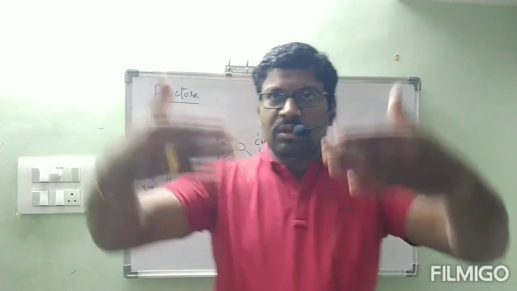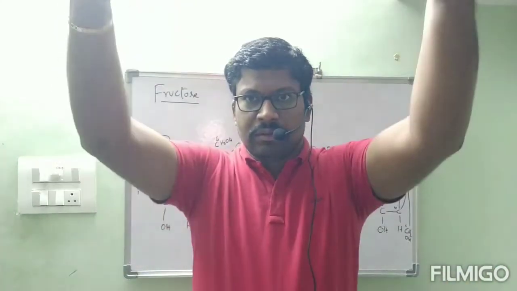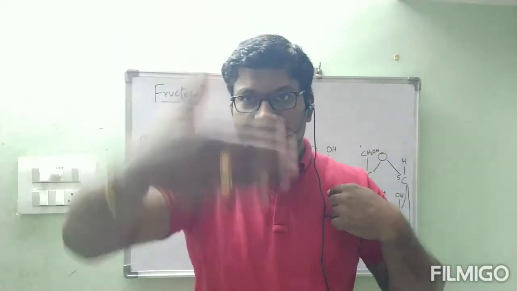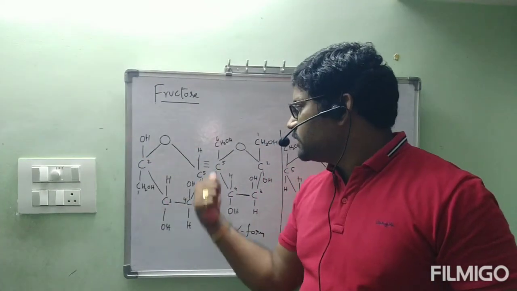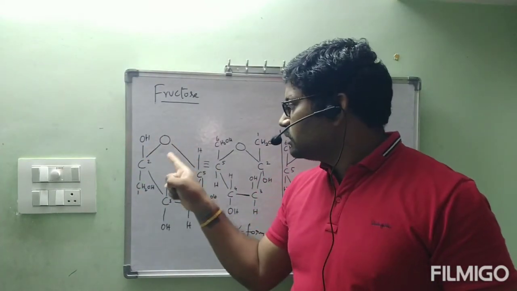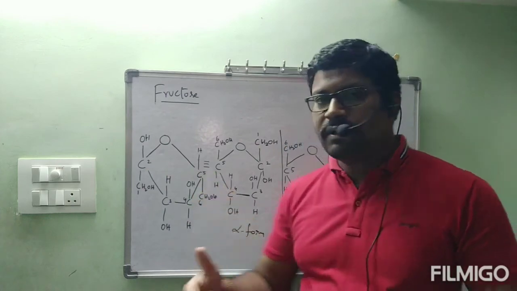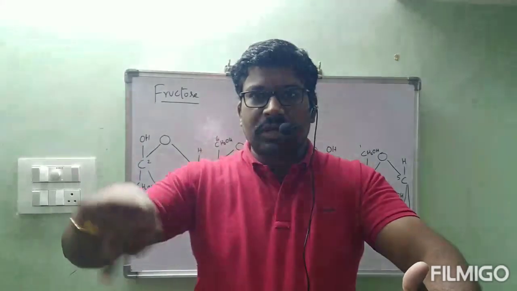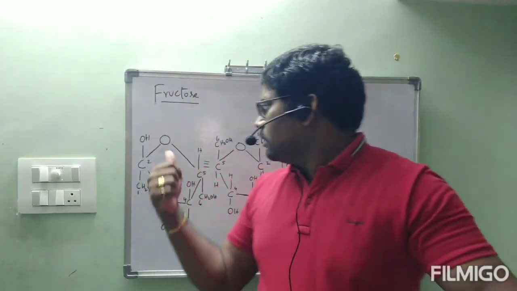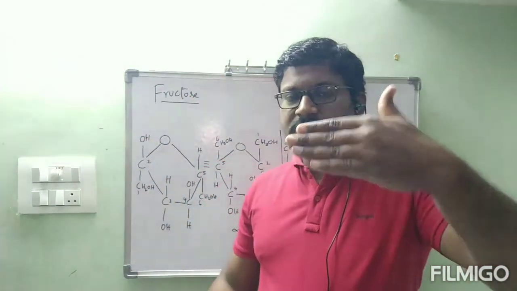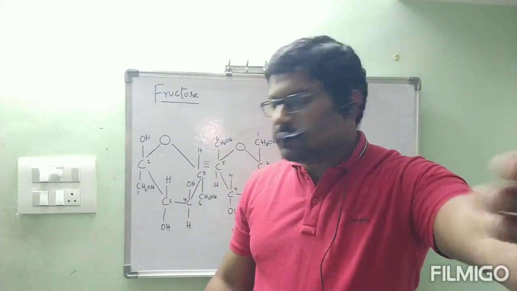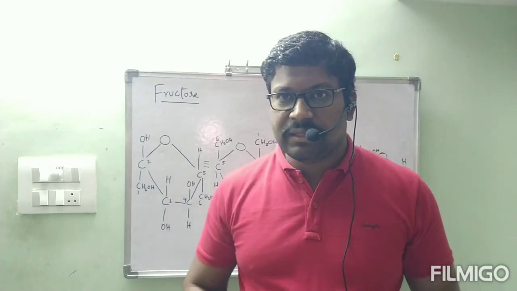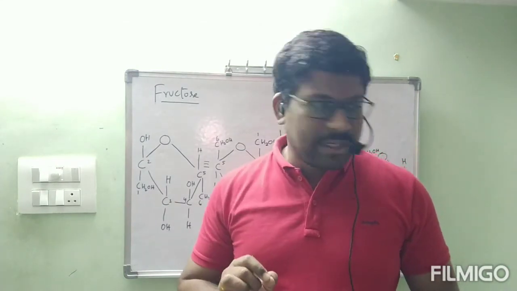So imagine one plane in between you and me. In that plane, all these carbons and oxygen are present: oxygen, 2, 3, 4, 5. In the plane, oxygen, carbon, carbon like this, these are present. Then this OH is there, na? This is above for you. CH2OH is below. Like that, variation is there. Okay, now again I am explaining.